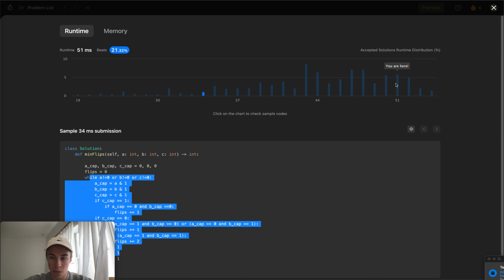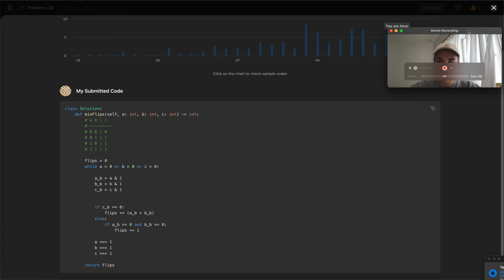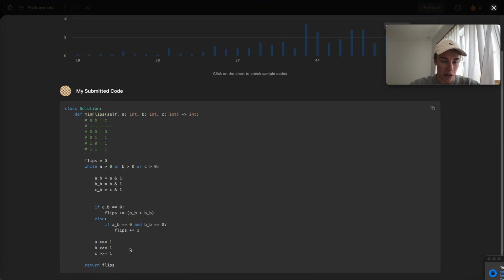In terms of memory, we don't really care, but pretty intuitive. Still nothing too crazy. These are just bitwise operation problems, and I'm assuming that we're going to be getting a bunch soon, but feel free to use this,